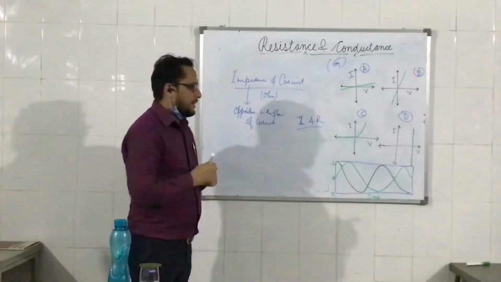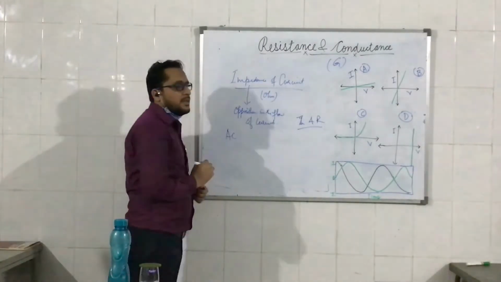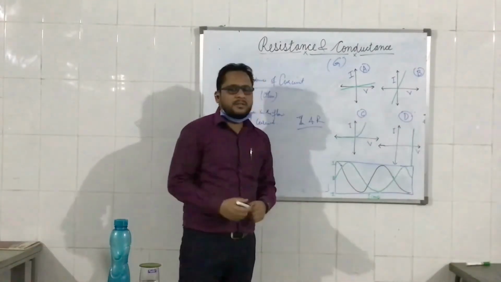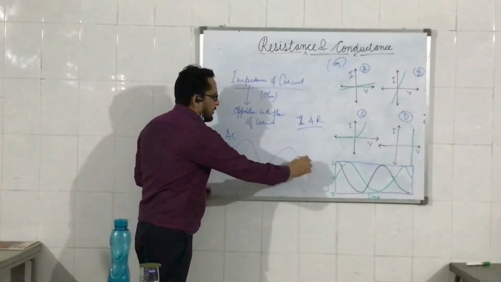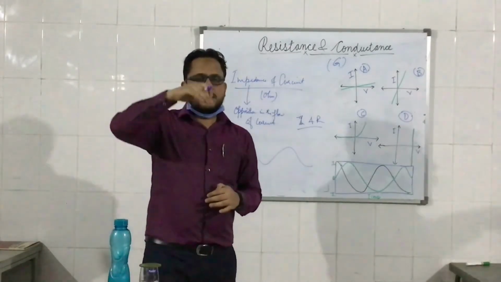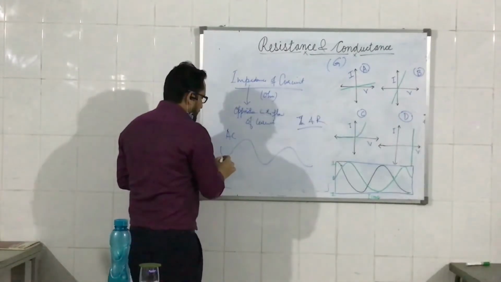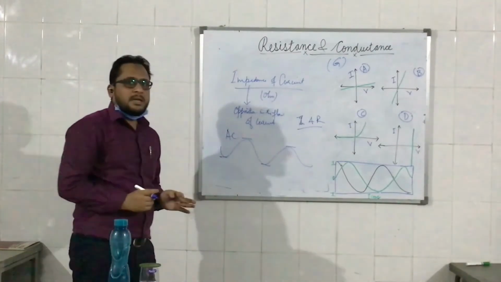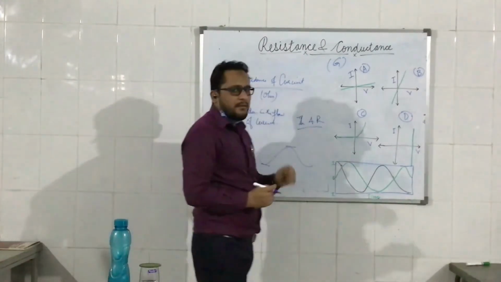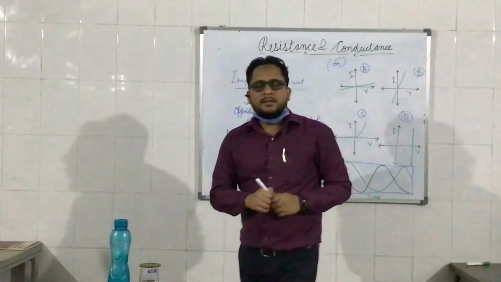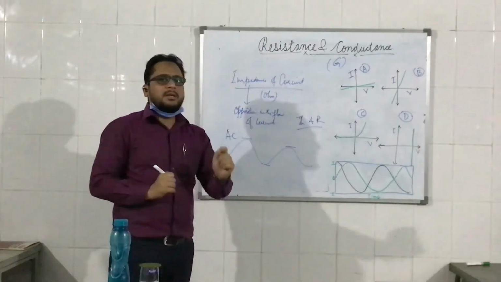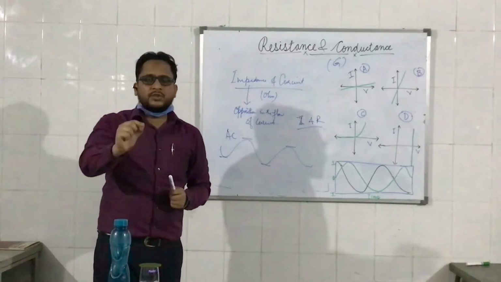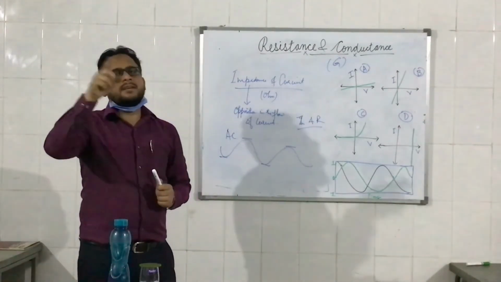While in an alternating circuit, the concept of impedance becomes very important. In an alternating circuit, you can see this graph, because the voltage and current are not constant. They form a sine wave. Means they go to 0, then to the maximum value, again 0 and maximum value. So in this type of curve, because of low and high values, because of the sine curve, instead of using the word resistance as the ratio of voltage to current, we use the term impedance as the ratio of sinusoidal voltage to the sinusoidal current.